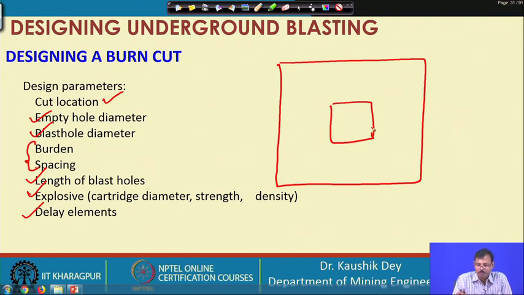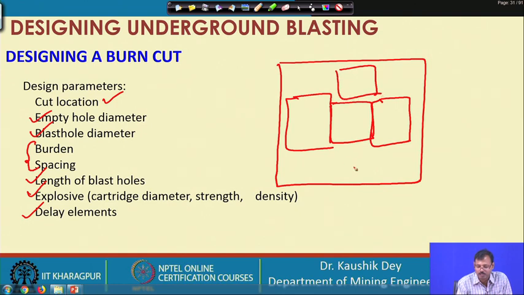So, the cut area may be small, and that is why we have the option to place it centrally, or a little to the side, or in an upper part, or in a lower part. So, n number of options are available in this case.